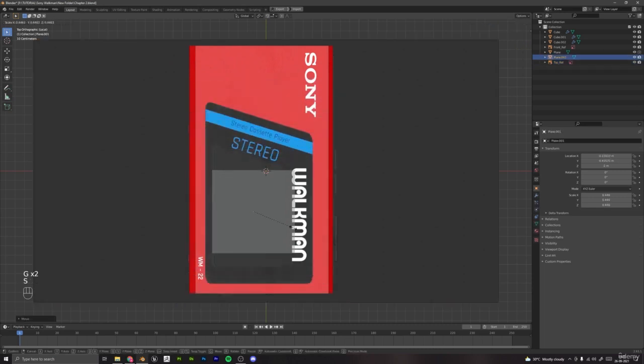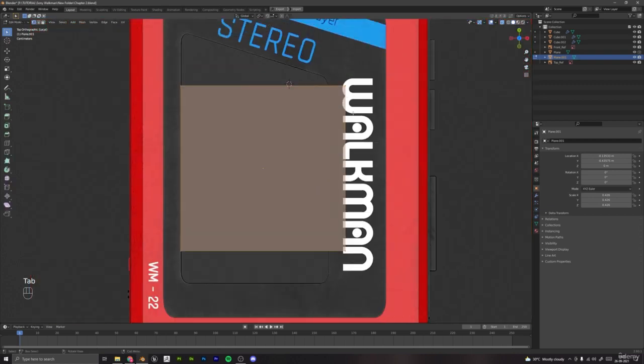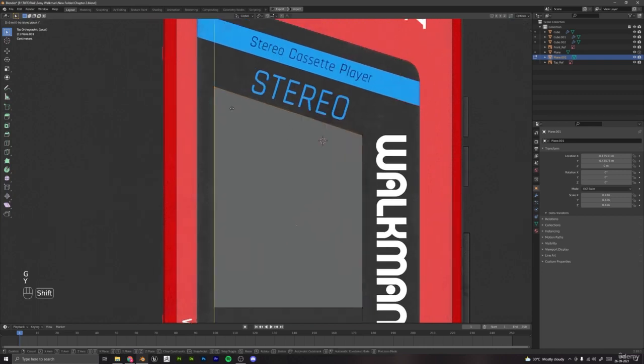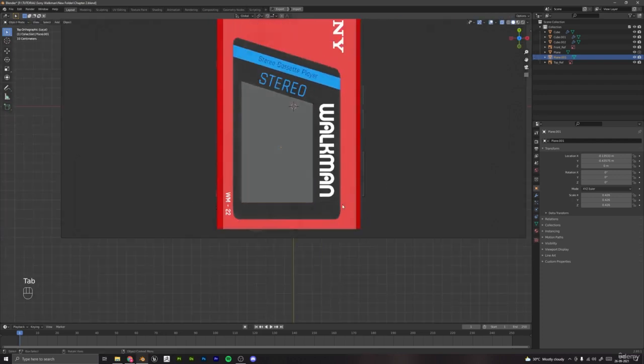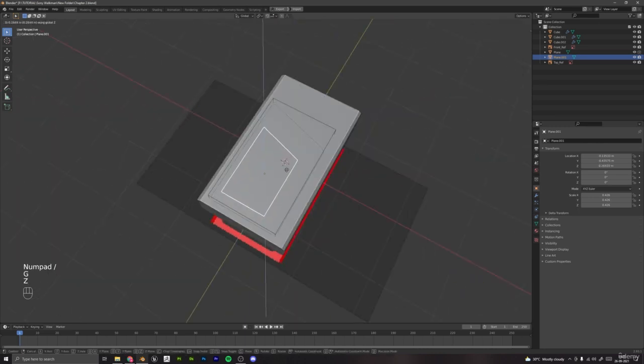Select this plane, and now let's again place this according to the reference. Press tab to go into edit mode. Place this here. Place this one here, and this one here. Select them both and move them down on the Y. Okay. Now come out of the isolation. Bring this up here,